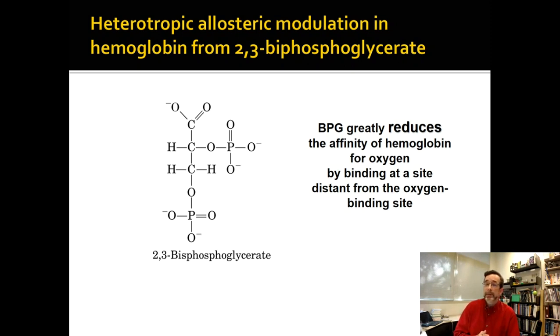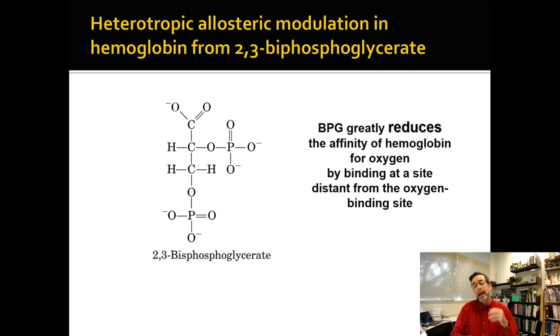Because it's actually surprisingly simple. Here's a molecule, 2,3-bisphosphoglycerate. If you had to memorize glycolysis, well, number one, I'm sorry, because I don't think people should be memorizing glycolysis. I think you should be reasoning through it, because glycolysis is reasonable. But if you had to memorize it, well, congratulations, you know one thing early, because you'll be able to reason out what this structure is. This is a glycolytic intermediate called 2,3-bisphosphoglycerate.